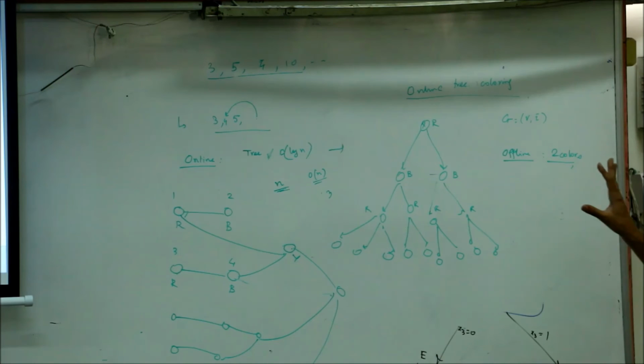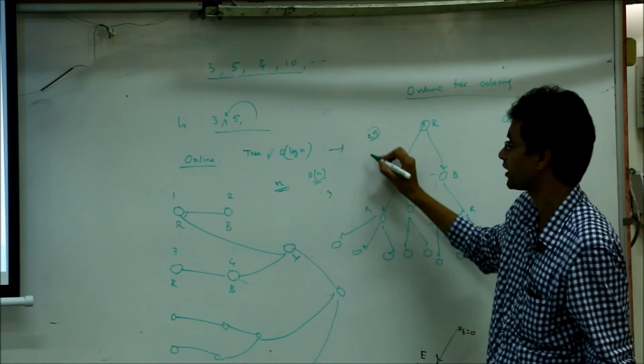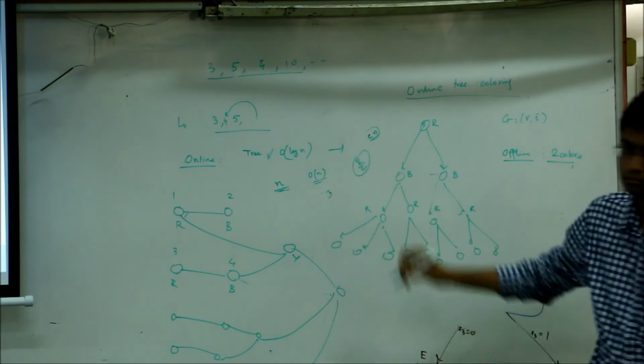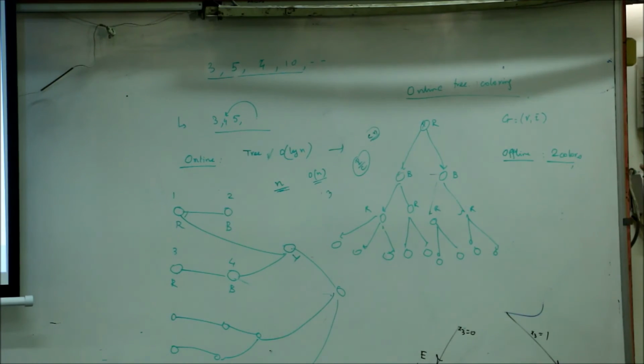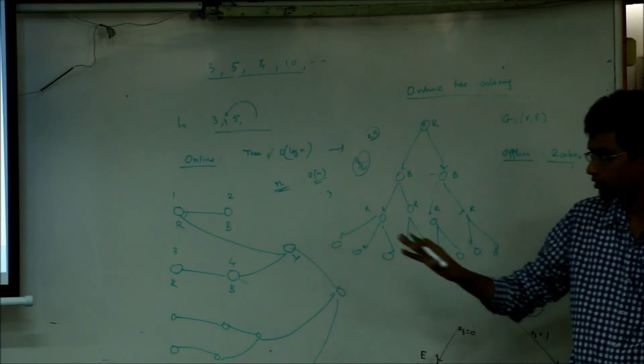The only constraint is that you are not allowed to change a lot of colors. The number is given. If there are n vertices which are added, you can only change the color for a fraction of n, maybe half n or 1/3 n. Generally if it's Cn, where C is some fraction, then the factor is I think 2 by C. So if you are allowed to change half of the nodes, then you can get a factor of 4 or so. So this is known.